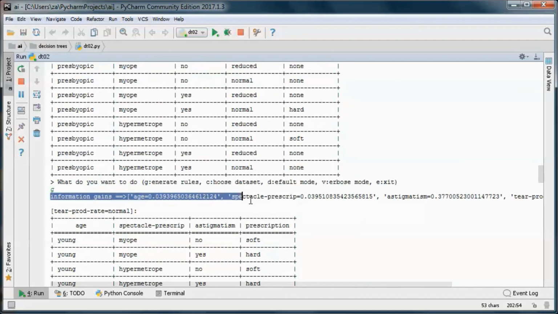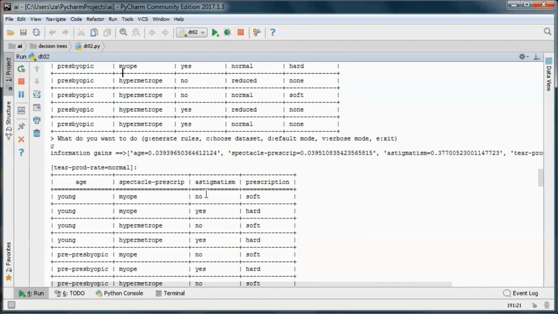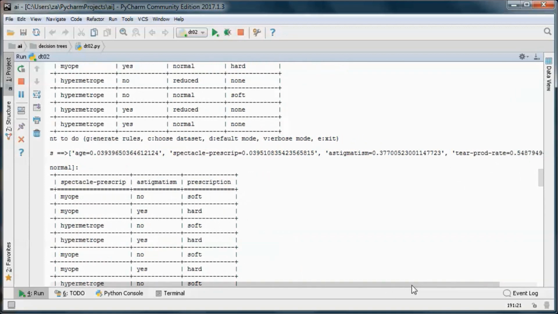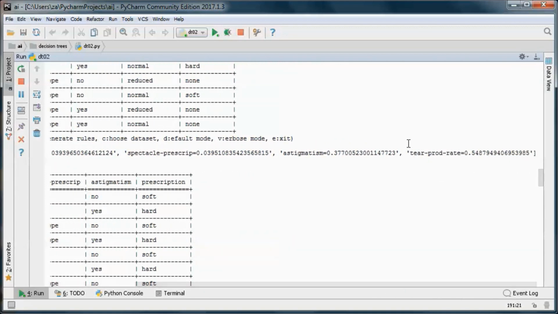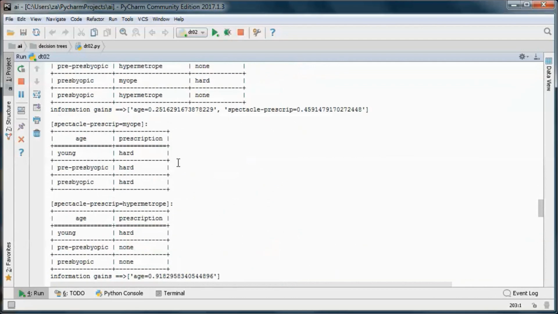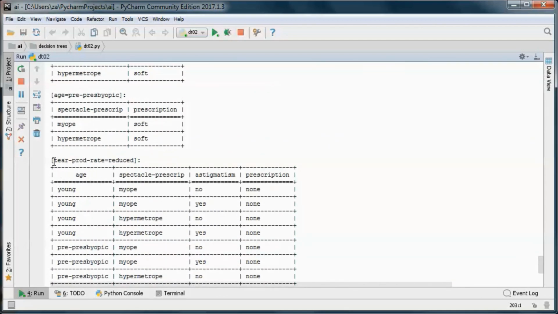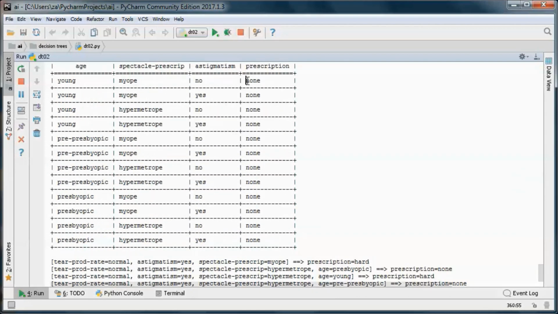So here we calculate the information gains for the original data set, and we find that the tear prod rate has the highest one. So we split on that, and we have two tear prod rate values, either normal or reduced. And if it is reduced, there is no prescription.